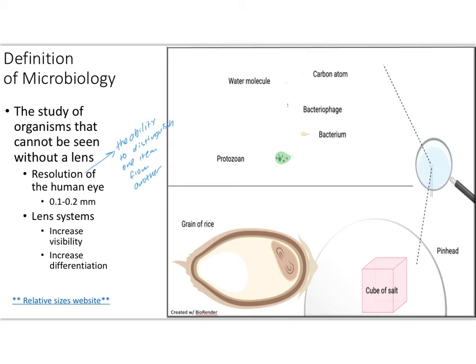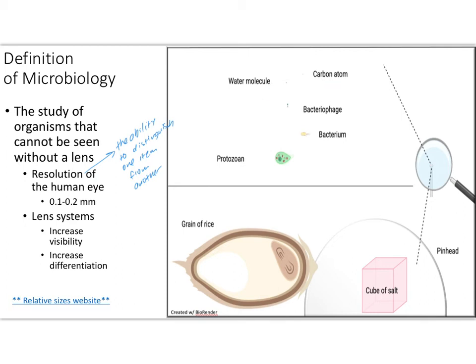I've created this kind of example of what that website will actually do. It will take things like a grain of rice, a cube of salt, and a pinhead. So right now you have a grain of rice right here, and you've got an example of a pinhead right here with a cube of salt, and kind of relatively how big the cube of salt would look on the pinhead. And then underneath that, those sizes, you would have things like different microbes and different types of molecules